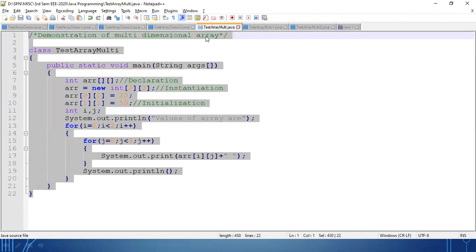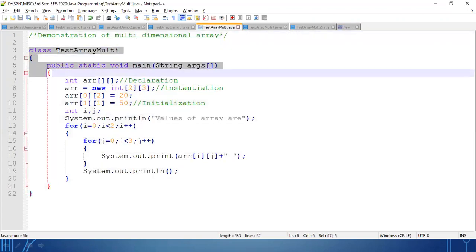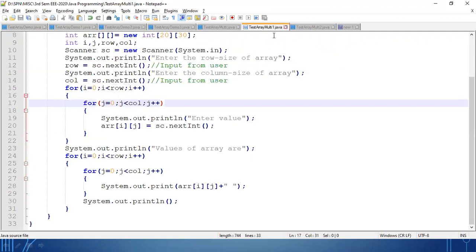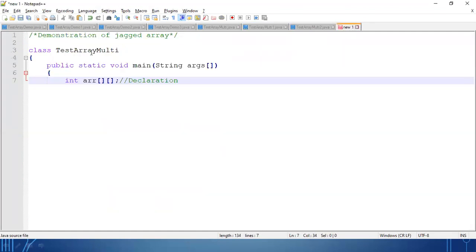So we can write test array jagged equal to new int 3, and one I am keeping blank.